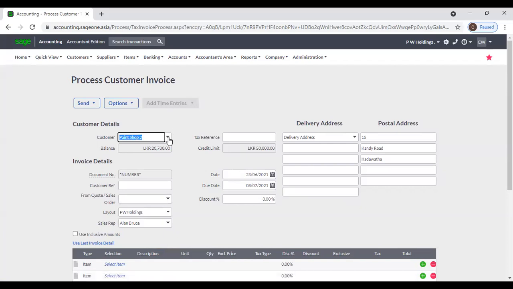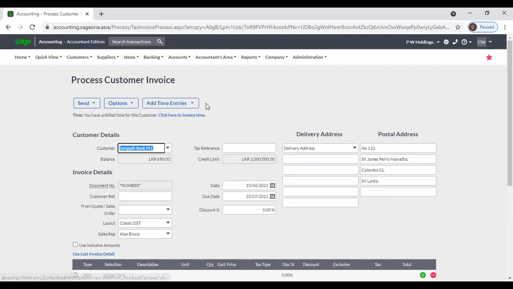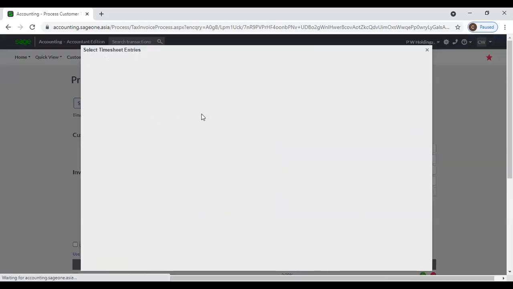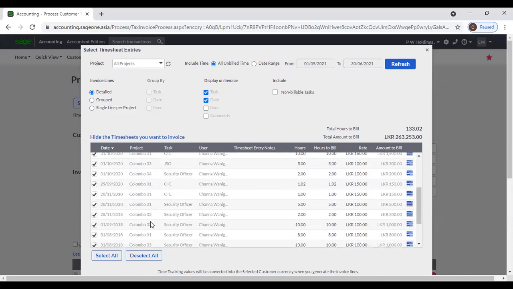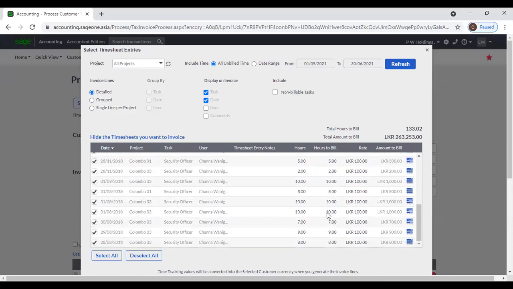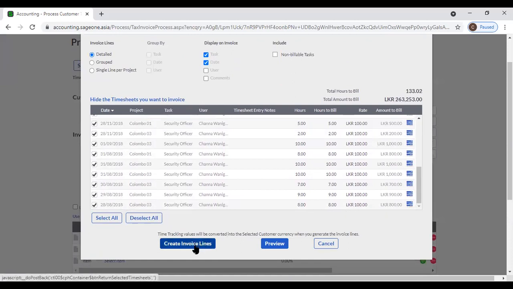If you select any customer with time entries, that button will activate. Okay. After that, you can click that add time entries and invoice time. From here, you can view that timesheet time entries, and you can select this time, and you can invoice that timesheet. Okay, you can click this create invoice line,